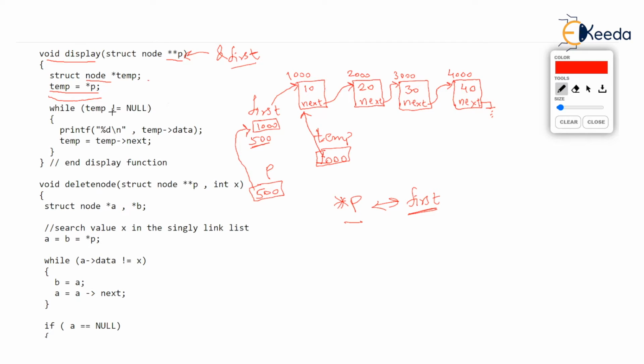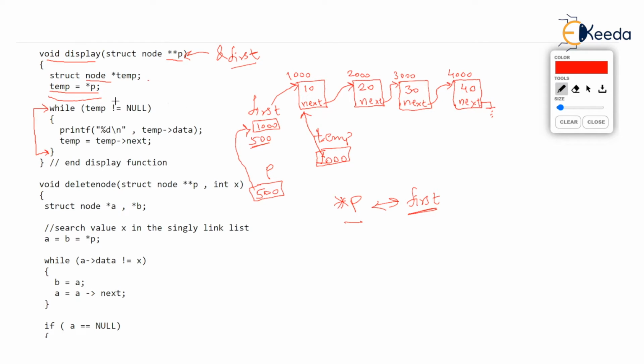Okay, let's now go into the while loop here. And this while is responsible for printing the entire list. The while condition is while temp is not equal to null. Note what temp is right now: 1000. Observe the mouse pointer. Temp is very well pointing to a node, so temp cannot be null. So temp not equal to null is true.